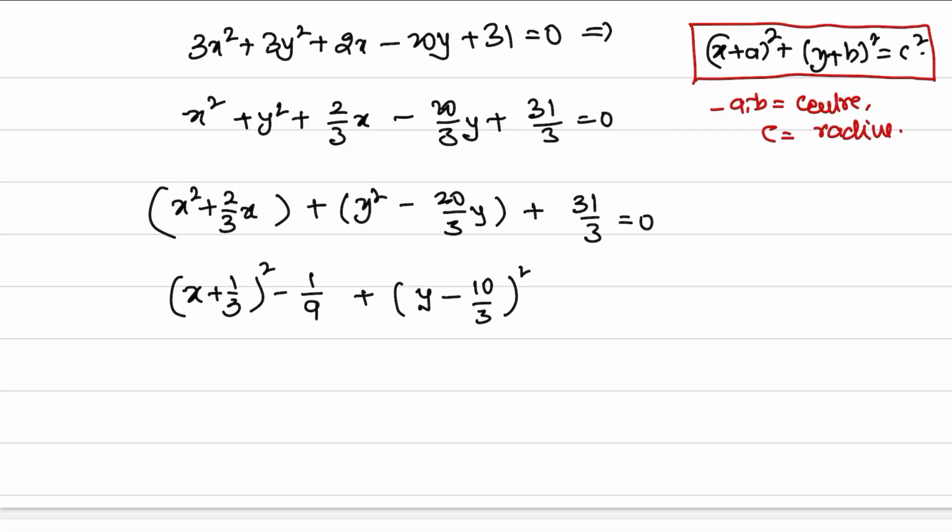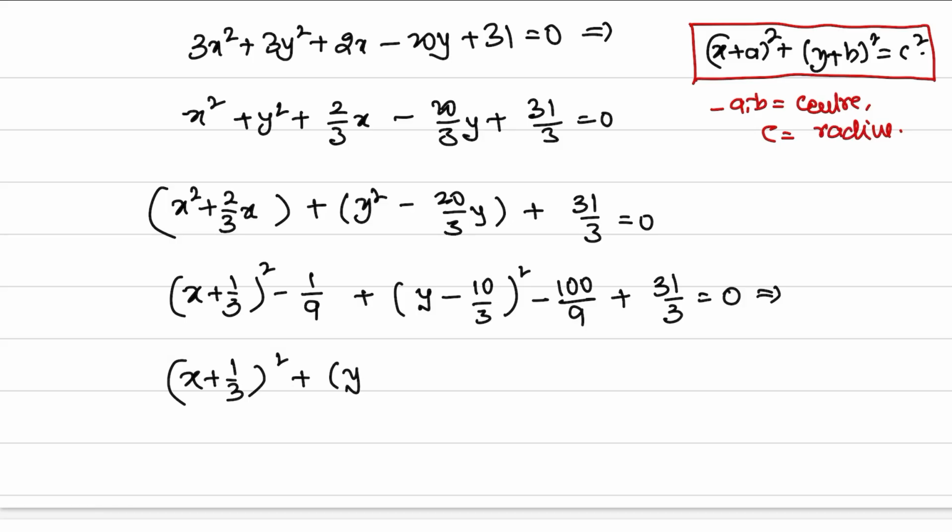This 10 by 3 whole square is added here, hence we will subtract: minus 100 by 9, plus 31 by 3 is equal to 0. Then (x + 1 by 3) whole square plus (y minus 10 by 3) whole square